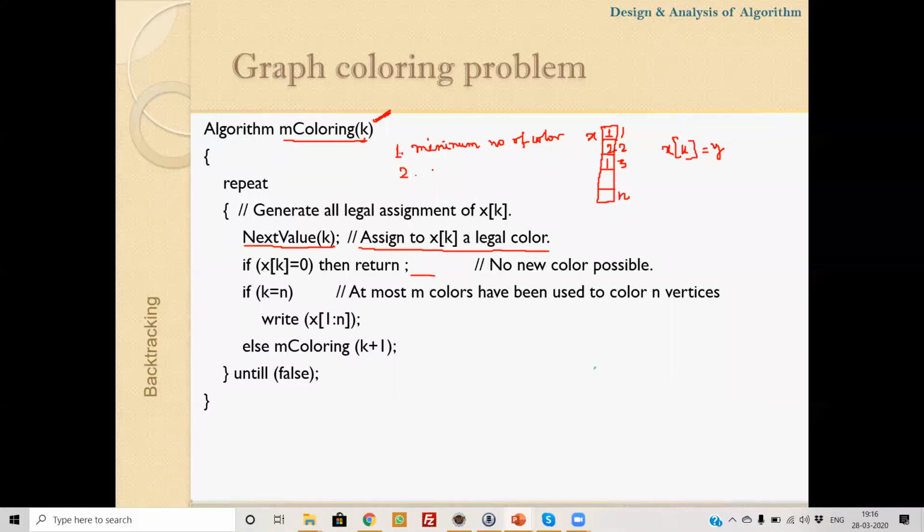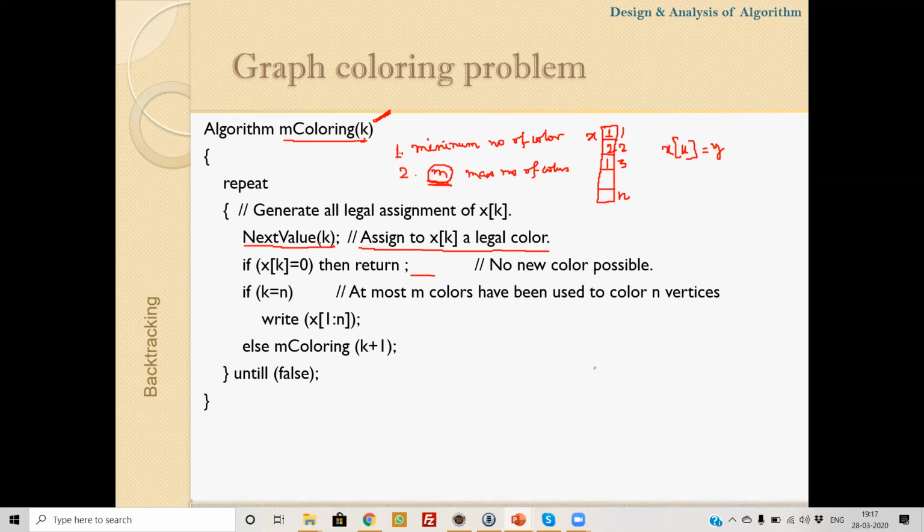Another option is that if m number of colors are given, where m is the maximum number of colors, you have to check whether this graph can be colored using m colors. Okay, so let us try with this one.